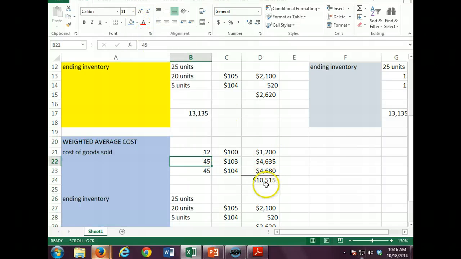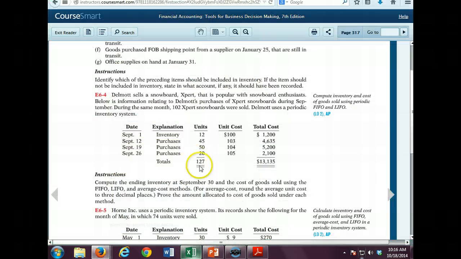Okay. We have total units on hand of 120. We have to do it out to 127. Yeah, 127. I just didn't add all these up. So we have 127 units for